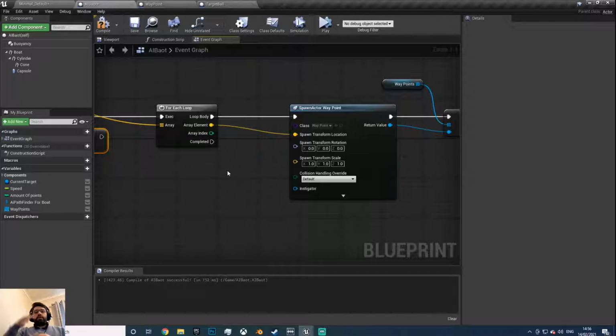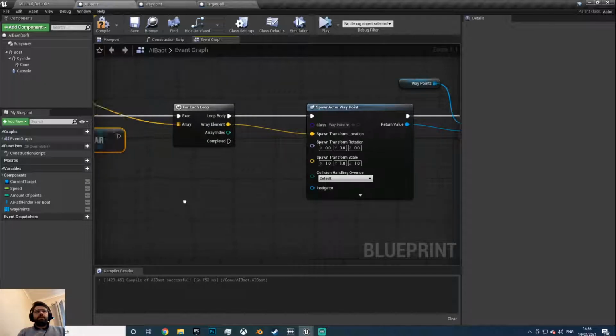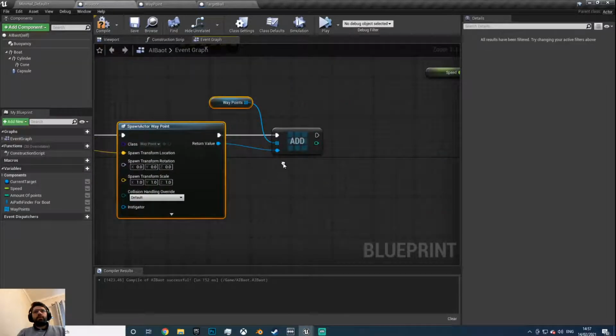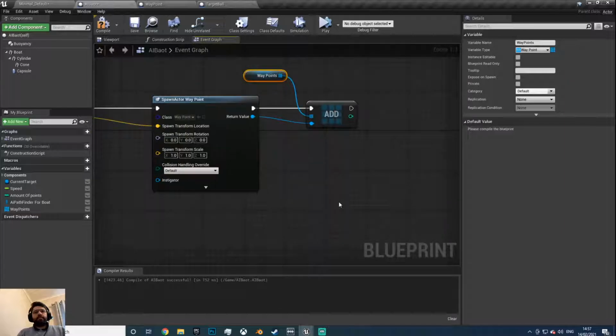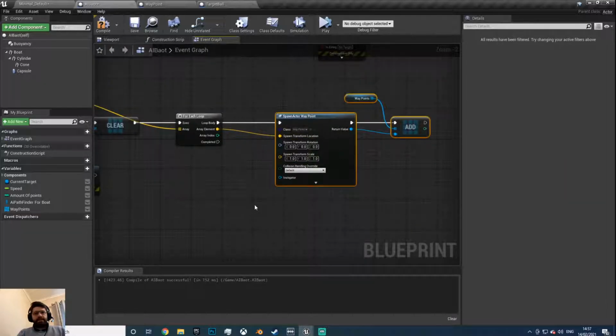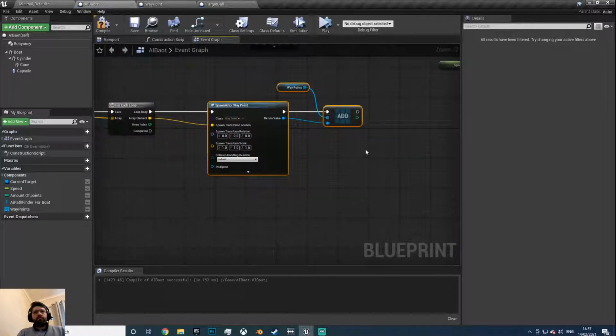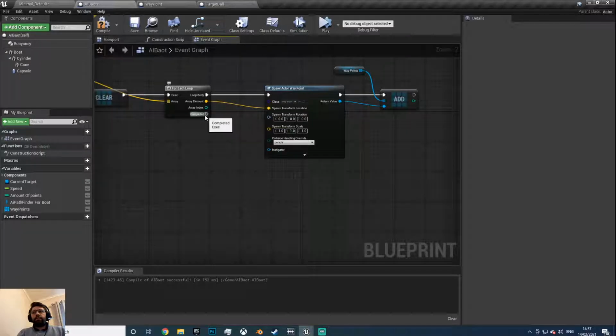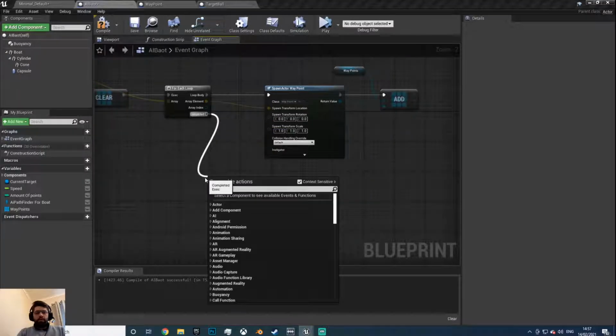It'll add the new points to the old list. So you want to clear the list, then add your new points to the array. Okay, and then when that's complete, so don't drag off of here now, we're going to come back and we're going to drag off the complete, and then we're going to call